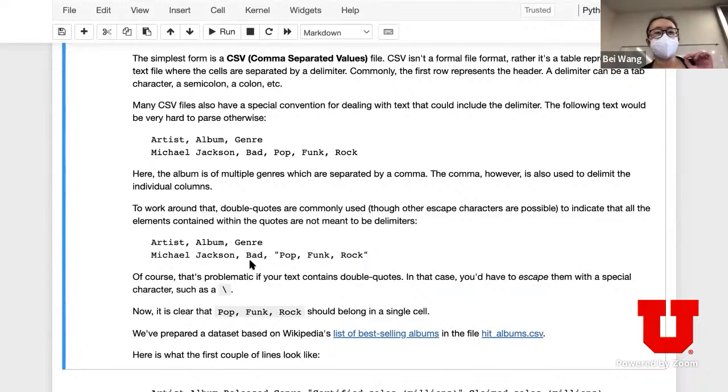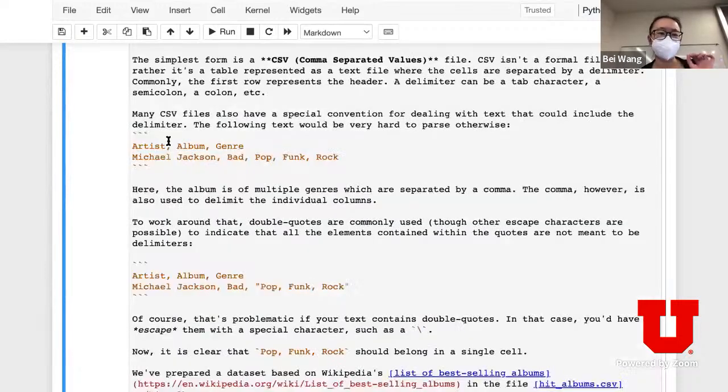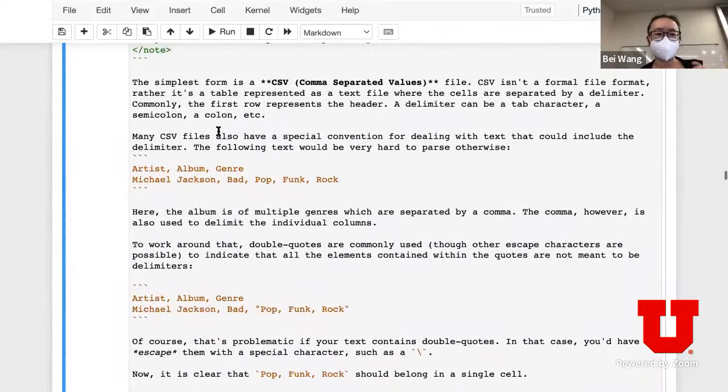And the variation among CSV is very much about what the delimiter is, which is the thing that separates different values from each other.